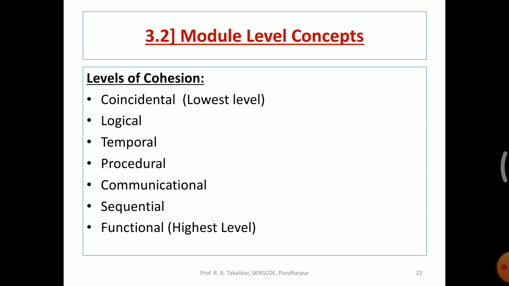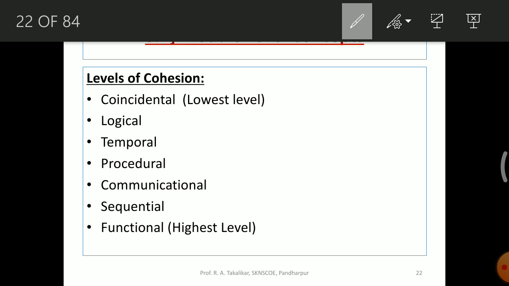And in cohesion we have seen different levels of cohesion, starting with coincidental, having the lowest level of cohesion, ranging downward. The last one is functional cohesion, which has the highest level of cohesion.